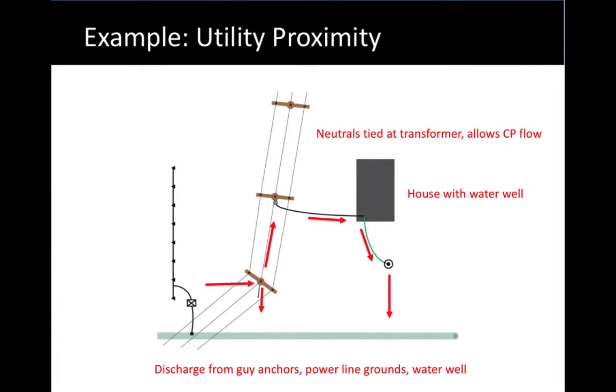It could follow the grounded utility neutral to a residence. Remember, the customer's neutral is bonded to the utility neutral at the transformer. So now current can flow on the grounded neutral to the house, which is tied with the grounding conductor to the well and to the pump in the well. And now current can discharge off of the pump in the well, which is, of course, submerged in the electrolyte at great depth, so it actually may be a fairly decent path for current discharge to occur to go back